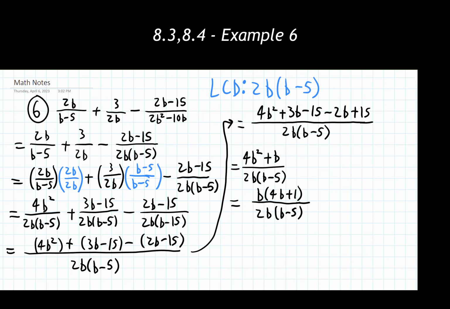Again, saving ourselves some work. I can't factor the numerator any further. I can't factor the denominator any further, so now I can cancel things out. I have a b in the numerator spot. I have a b in the denominator spot. So each of those cancels. They become 1. And my brand new numerator is going to be 4b plus 1. My denominator is going to be 2 times b minus 5. And I can't cancel anything else out, so I can leave this as my fully reduced final answer. And I'm good to go from here.